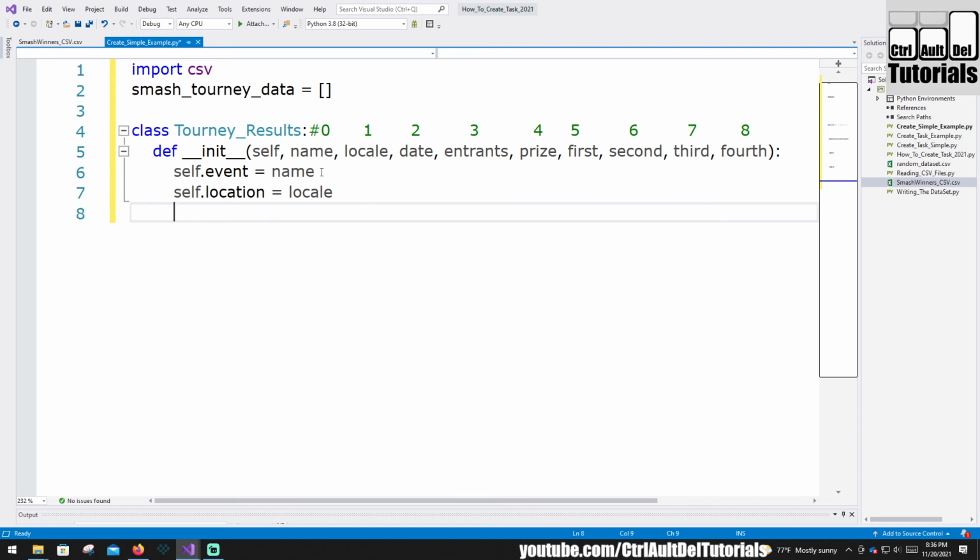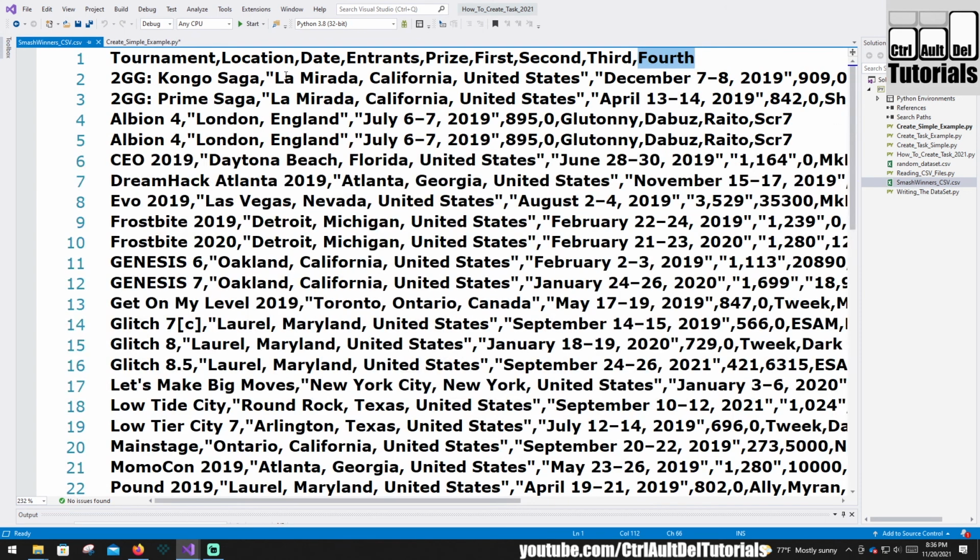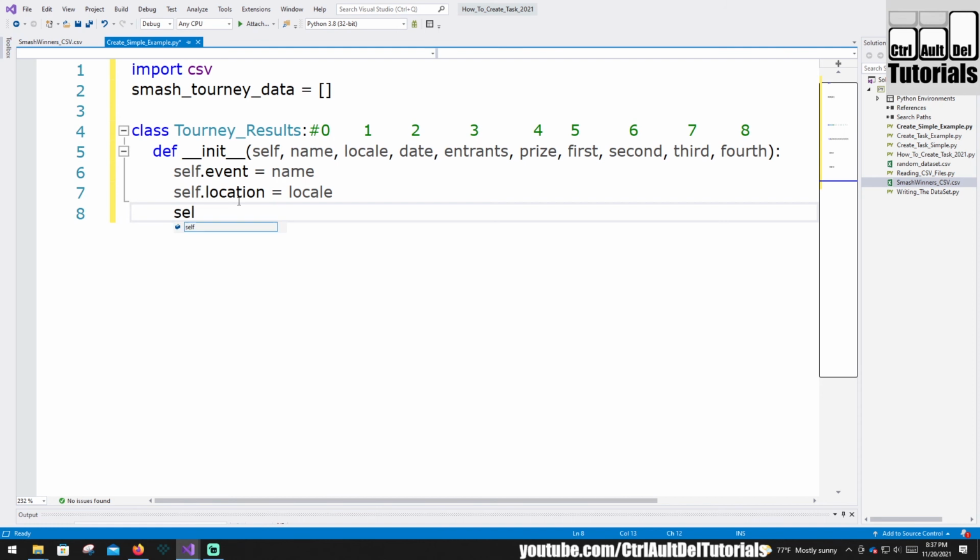Okay, we're going to do something a bit different with date. So I want the date to come in, and you can see in the information the way the date is formatted. So here it says December, which is the first part of it. Then we have a number, but some of them are hyphenated. I'm going to make it simple on myself. I'm going to make it to where we only look at the month and the year and keep it easy. Okay, so if we come back here knowing that, I can say self dot, and I'm going to split up my date. So this is going to be date, and that's going to equal